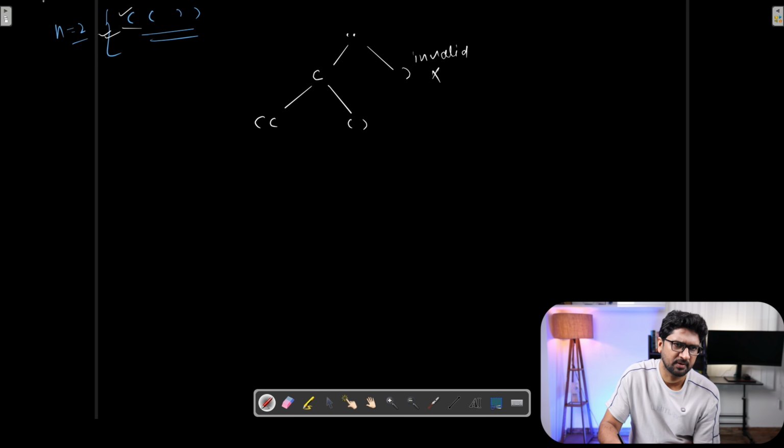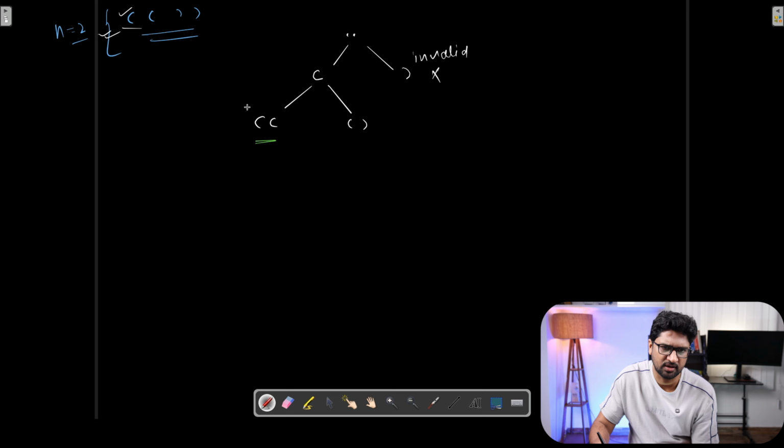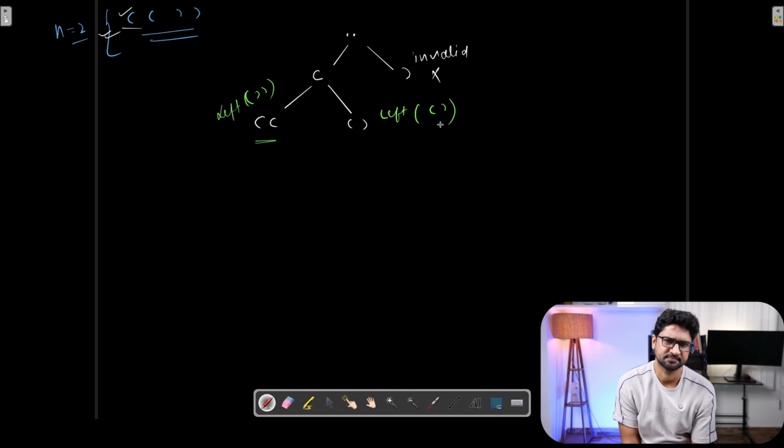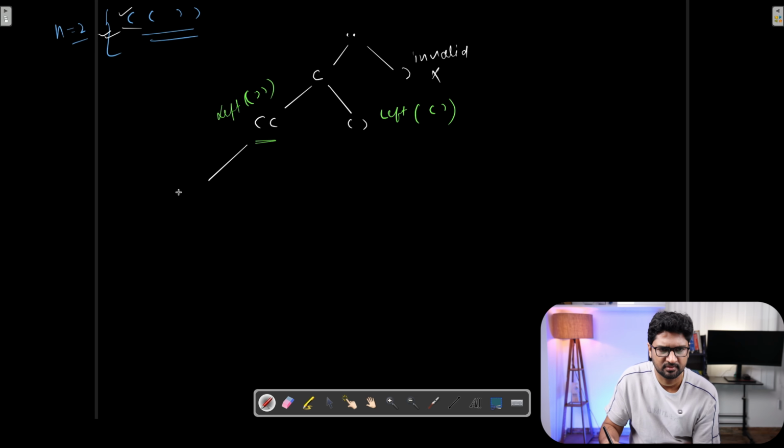Correct? So when I go and apply this C, I'm only left with what? I'm left with 2 closing brackets. And when I go and do this, then I'm left with how much? I'm left with 1 opening bracket and 1 closing bracket. Fair enough. Then again, if I go and do this, at this point, I have only one option left, which is,